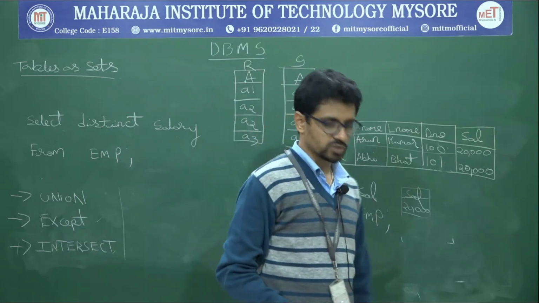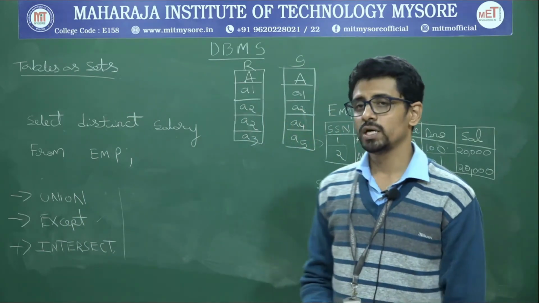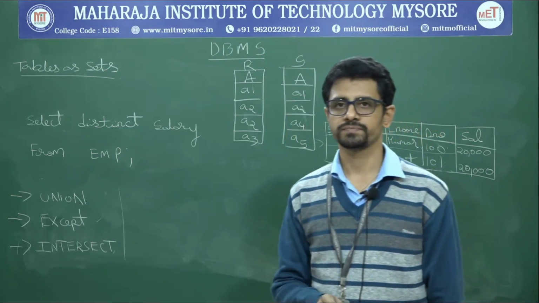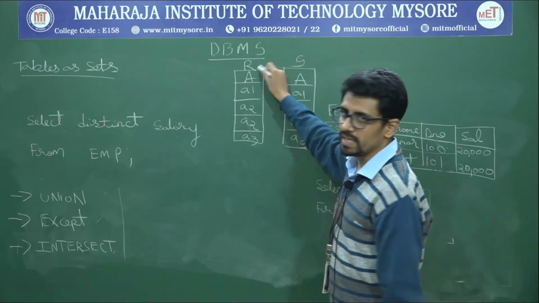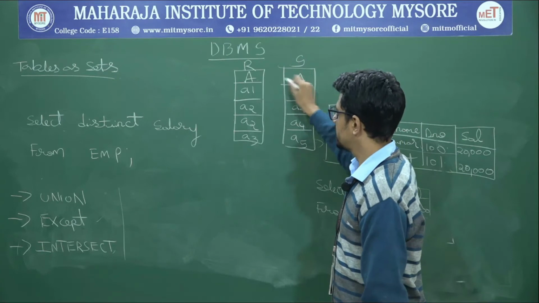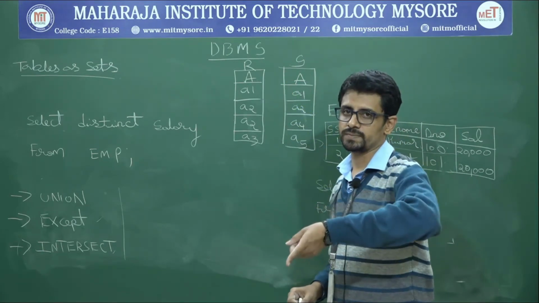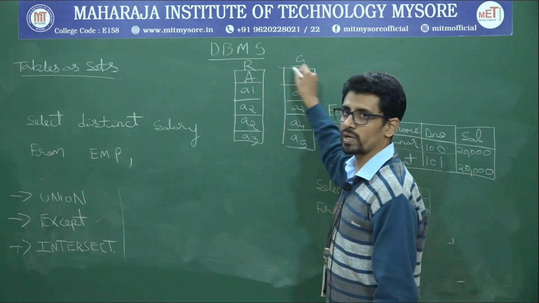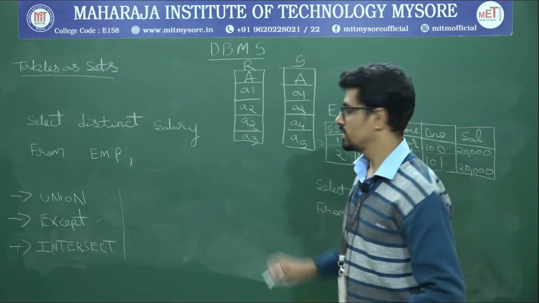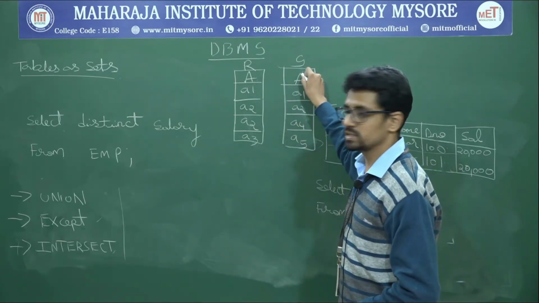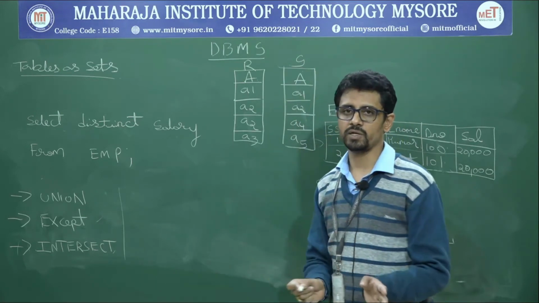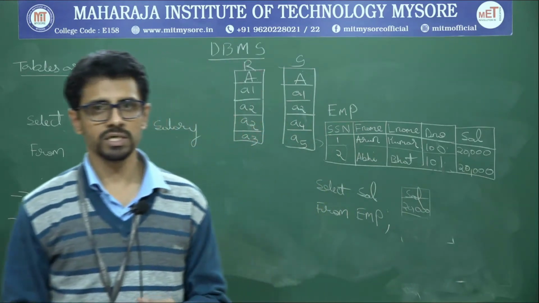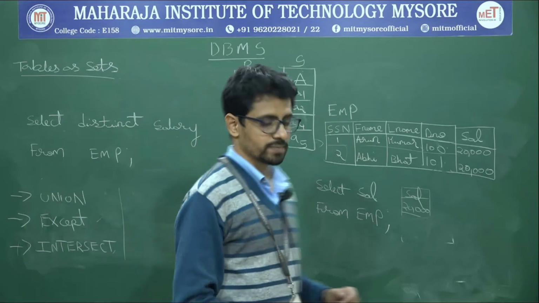Whenever you want to apply these set operations, one thing you need to monitor is the possible attribute types and the possible domain of it. R is a table, S is a table having attribute A, that is one attribute on either side. That is very important. The count of the number of attributes while applying the union should match. One attribute, one attribute. The next thing is the type of it. What type A is and what type this particular A is. If both are the same type, then I can apply the union operator or the intersect or the except. So these are the two conditions you need to follow while using the set operations in relational tables, relational databases.